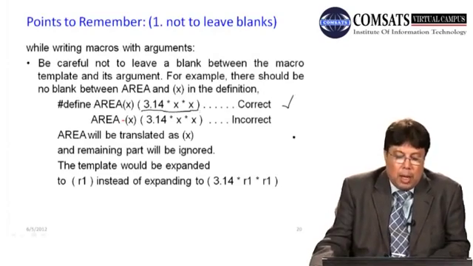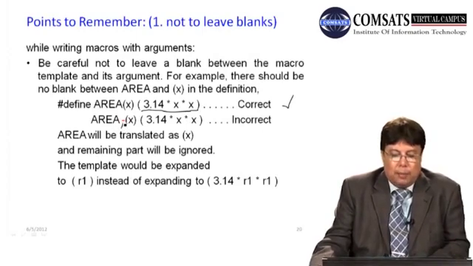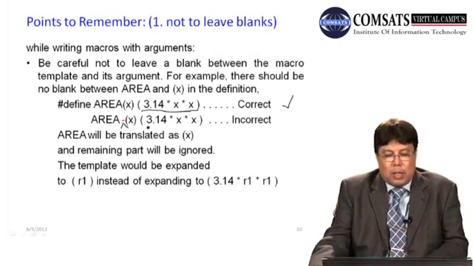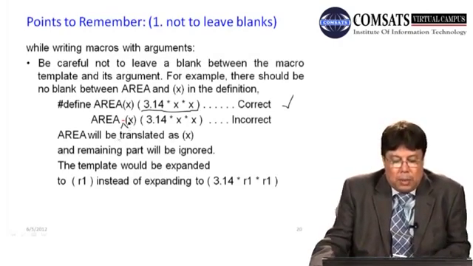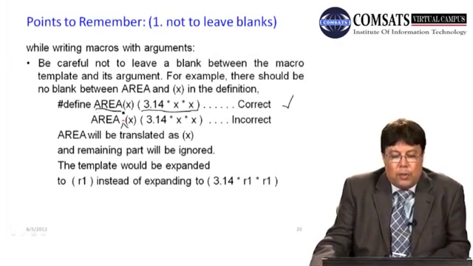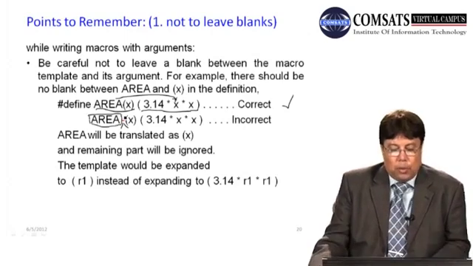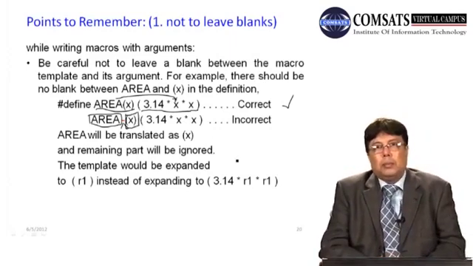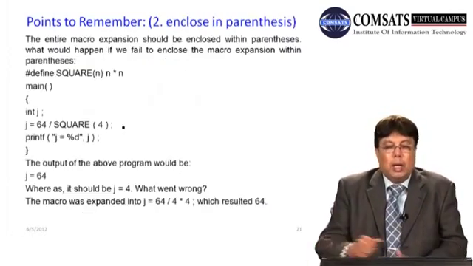What's wrong in the second statement? In the second statement, we have left a blank here. So area will be translated, and this one here is a complete sequence of characters which will be expanded to this one. But when you leave a blank, what will happen? It will be as if you have defined area, and this area should be expanded to x here. Okay. Number 2,